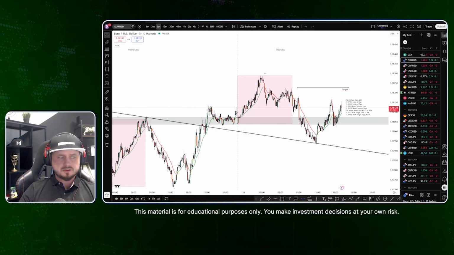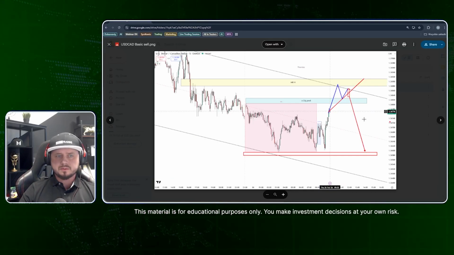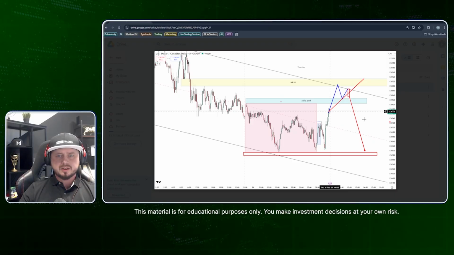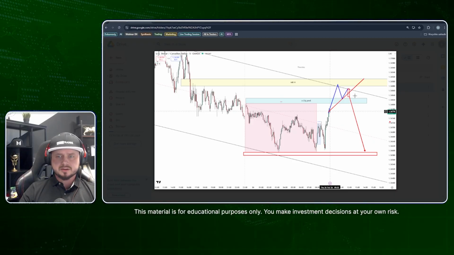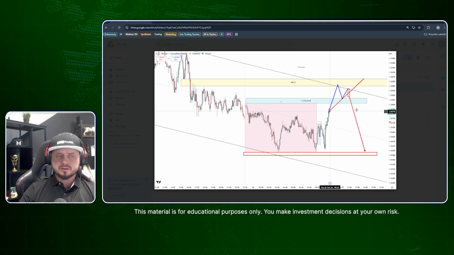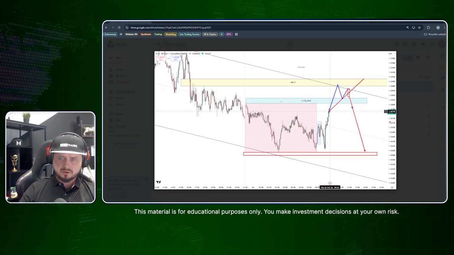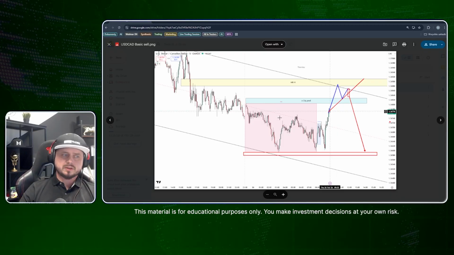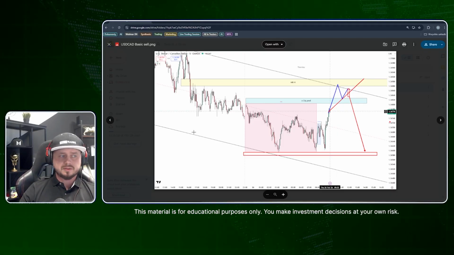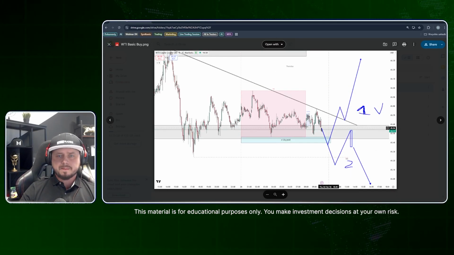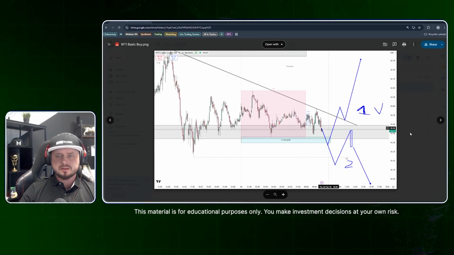Okay, another plan we had today was on US dollar and Canadian dollar, to get to the imbalance zone and then reaction. That plan was good, but we had some news, so we couldn't open the trade and the market went in the opposite direction. So it's good. We didn't open the trade because of the news and the market did something different anyway. So that's okay.